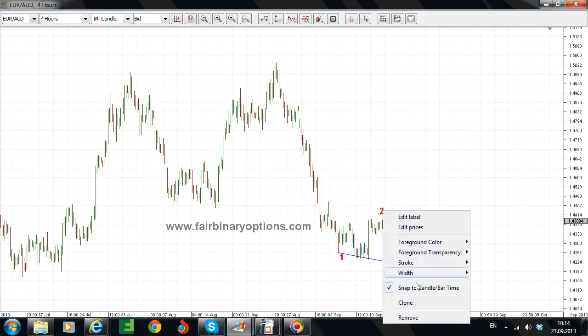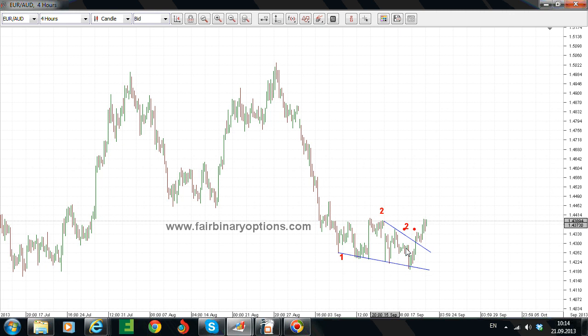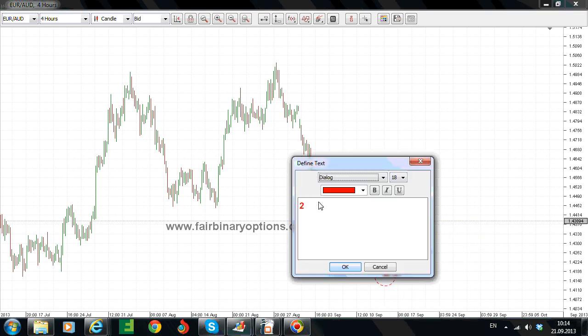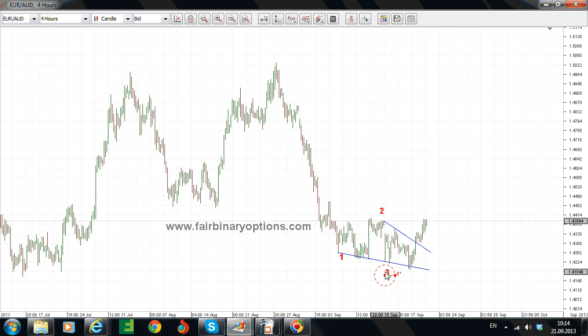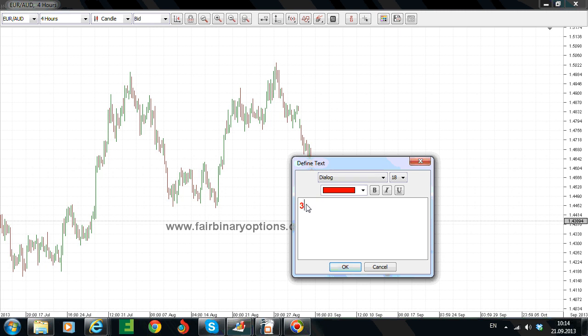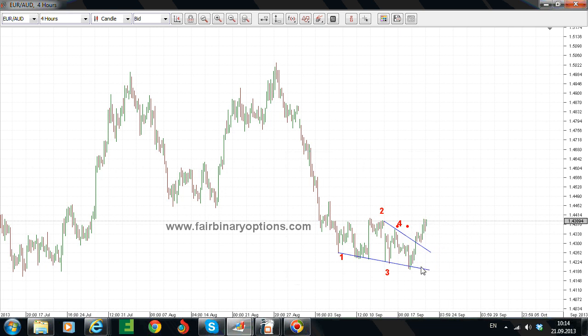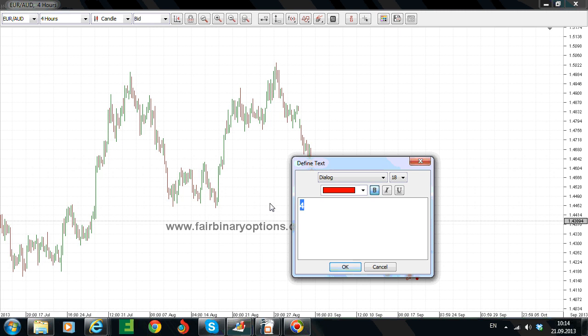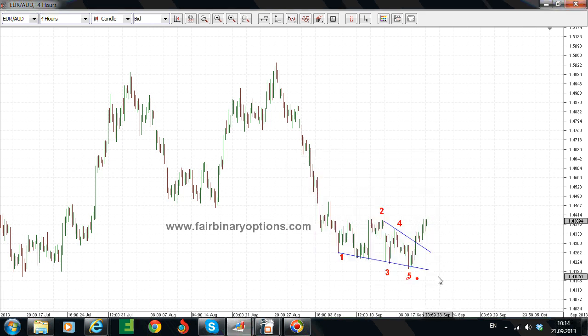then a 3 to the downside, then a 4th here, and then a 5th to the downside here. So I wanted to show you that a rising or a falling wedge, in our case here, travels between 5 waves, 1, 2, 3, 4, 5, and the visible thing that you can use when you trade binary options is that it doesn't make any sense